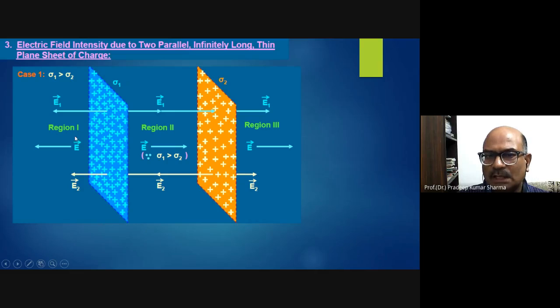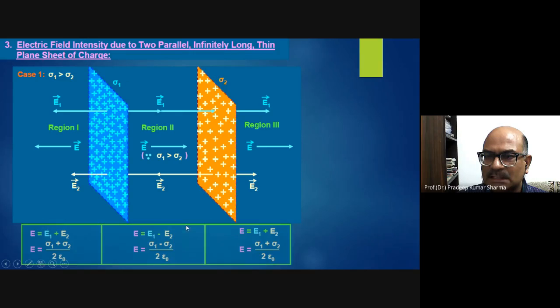So this way the distribution will take place and we can write the different values for different regions. Suppose in here, E will be E1 plus E2. I hope you can see the directions. All are in the same direction. E1 and E2 are in the same direction. So here you can see E1 plus E2 is equal to